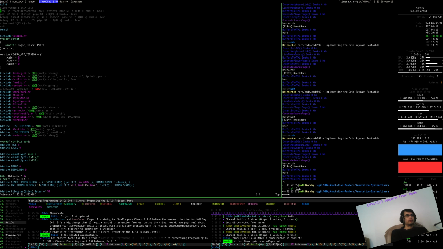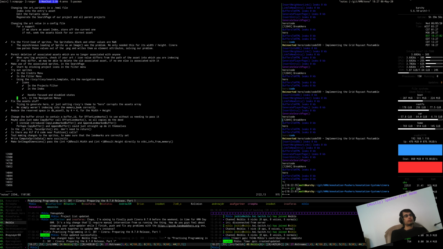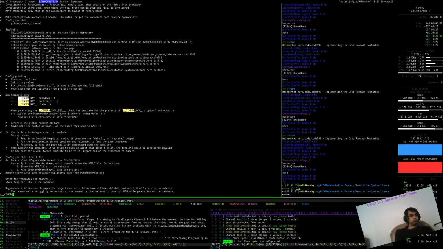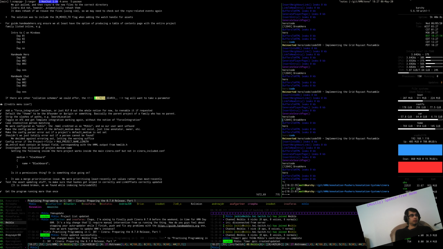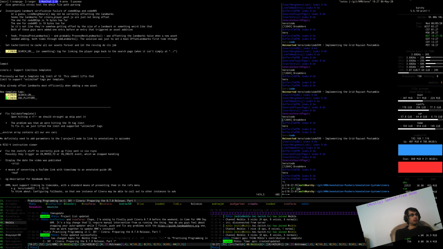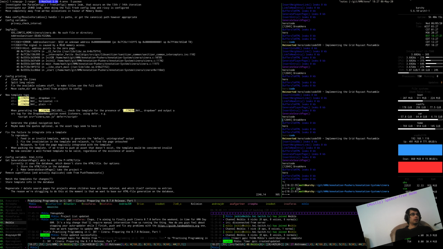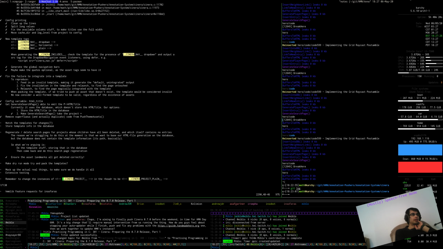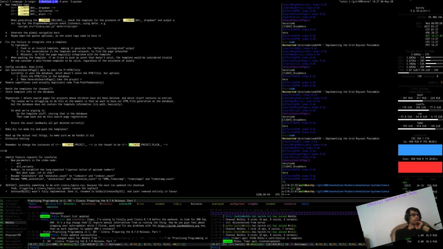Let's get the code up. A look at our notes. I've got a feeling that we haven't actually made a note of a particular thing I want to change. Yeah, that's years ago. So we've got new template tags, Cinera nav. Remember to do that, yeah. Okay, so one thing that I want to change